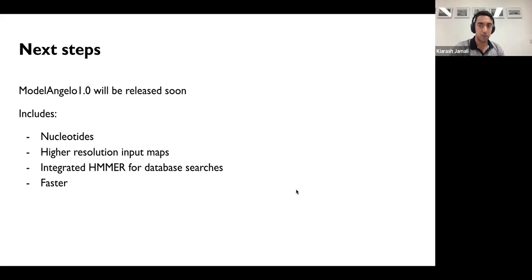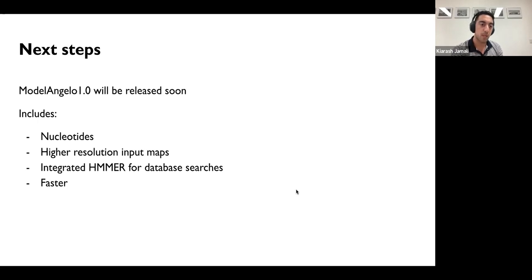Michelangelo 0.2 currently downsamples everything to a Nyquist of 3 angstroms, and because we had some issues with the nucleotides, 2 angstroms works much better for them. So that's what we're going to be using for Michelangelo 1.0. This also slightly improves performance on proteins.